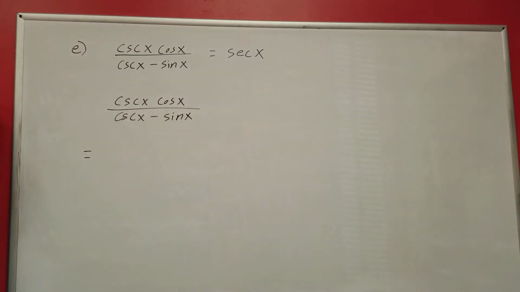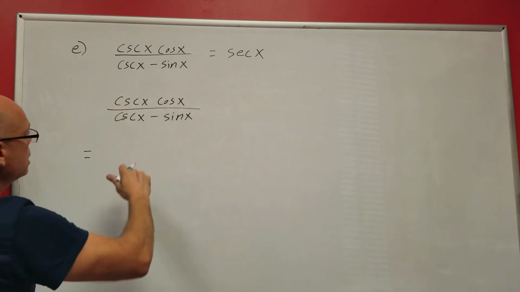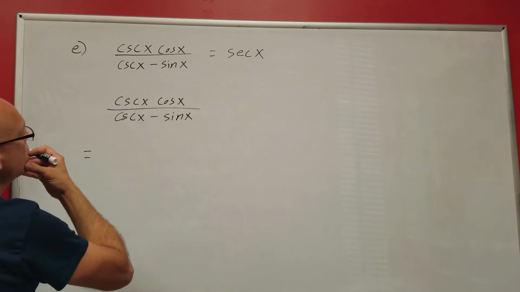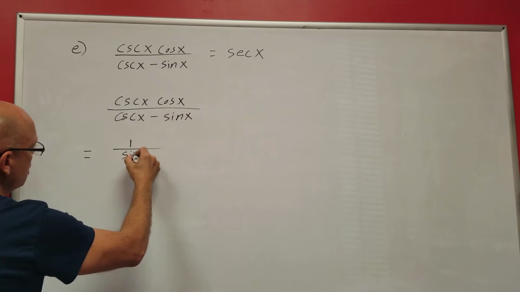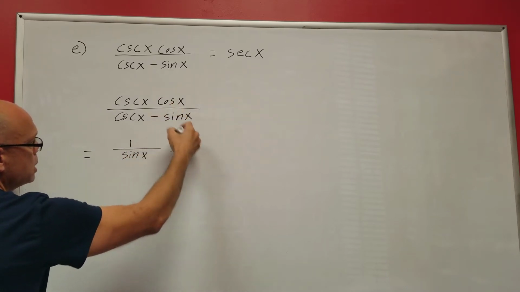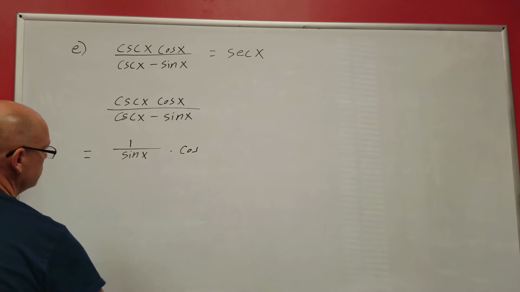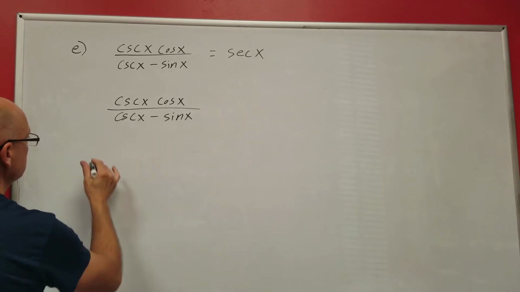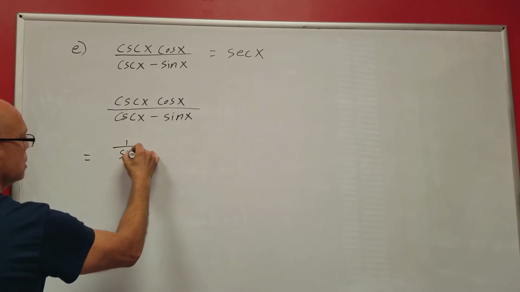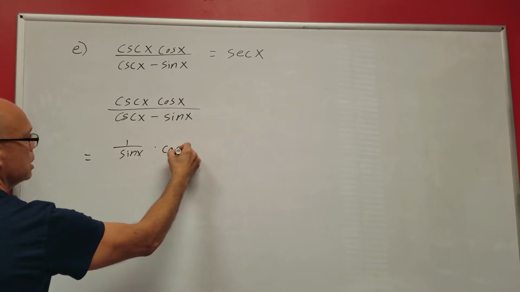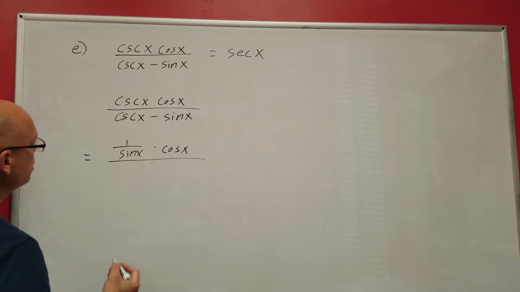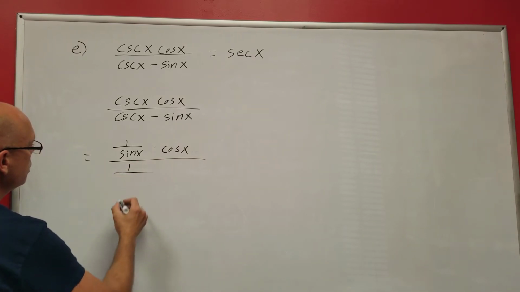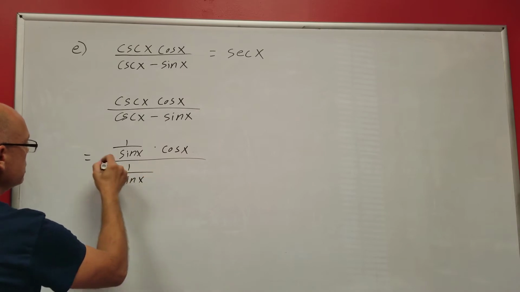Okay, let's manipulate. Well, what I'm going to do first of all is take this cosecant up top and turn that into its reciprocal identity: 1 over sine times this cosine of x. So cosecant was 1 over sine of x times this cosine of x right here over cosecant. I'm going to go ahead and call that 1 over sine of x